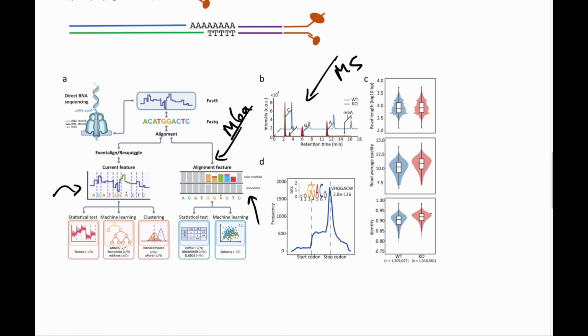Other notable panels in this figure include C, which describes that the knockout actually had a higher base calling quality. There was an easier time moving through the actual pores and reading the data. The knockout had a slightly higher quality than the wild type. Not significantly higher, but slightly higher, which the authors indicated may be the result of the knockout without the